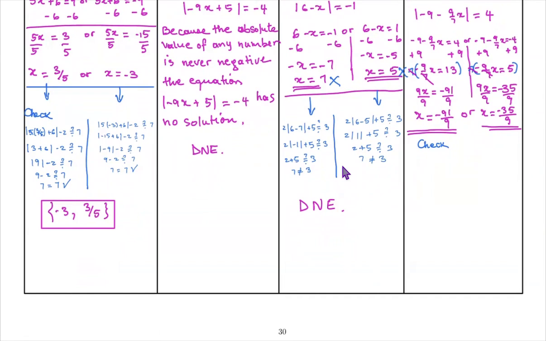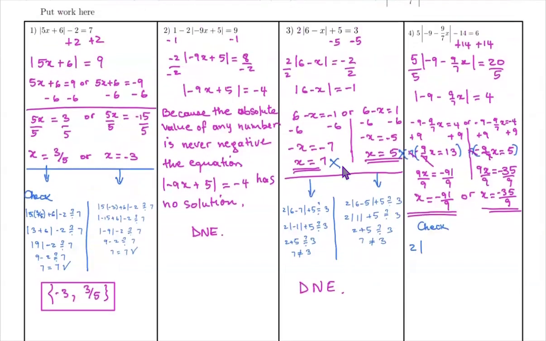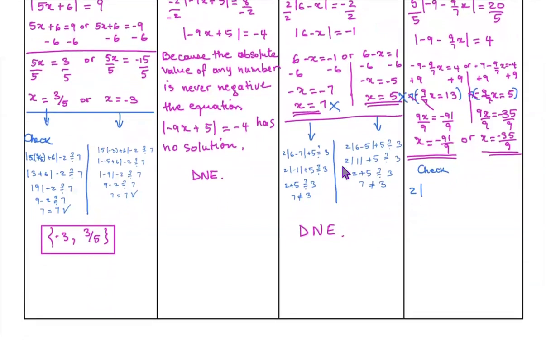That is 5 absolute value of negative 9 minus 9 over 7 times negative 91 over 9 minus 14. Is it